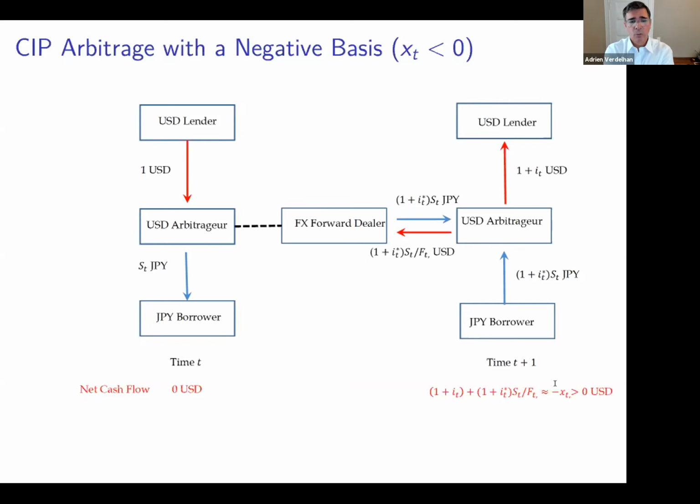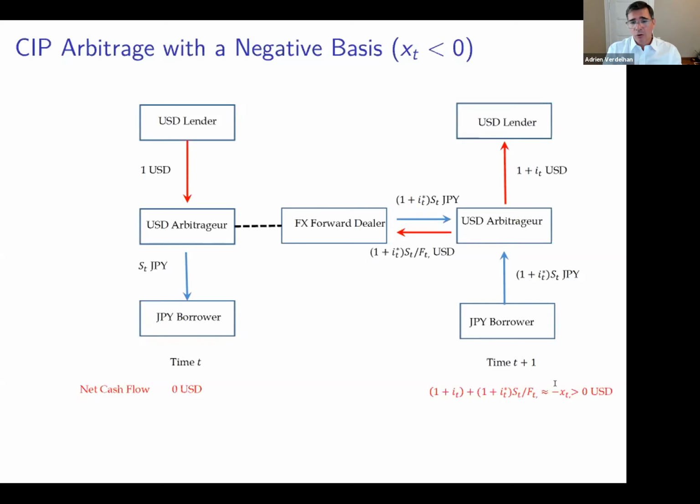For example, what if you sign a contract with a forward dealer to swap yen for dollars at the end of the month, and if this forward dealer is not there, you're in trouble. Now, this is a very natural concern, but markets are pretty well organized, and there are ways to address it, as you know. I'm not sure that's going to explain much, but maybe we should study that more.